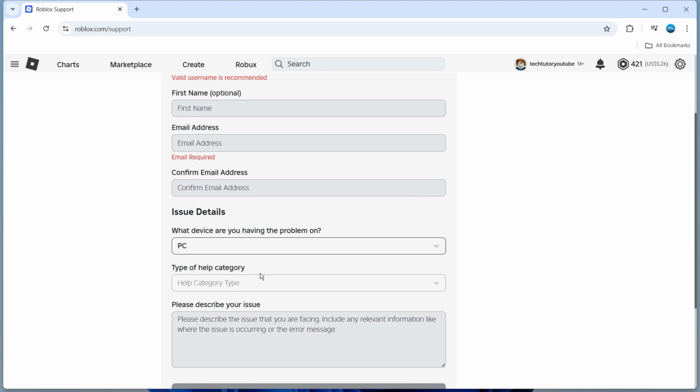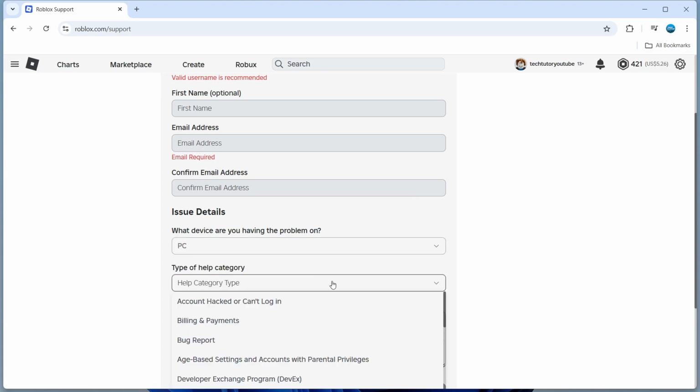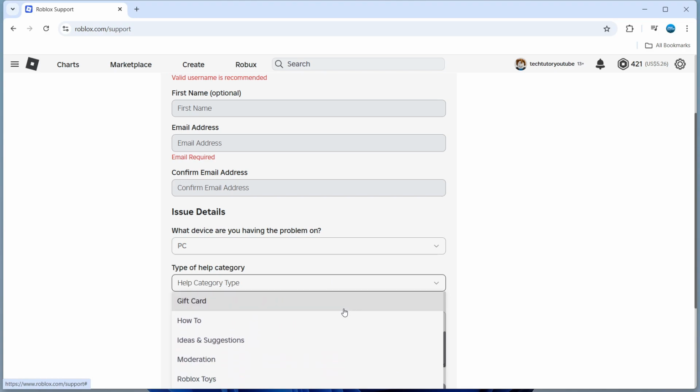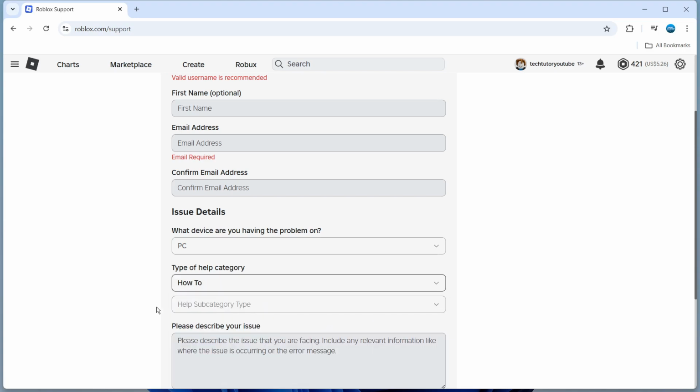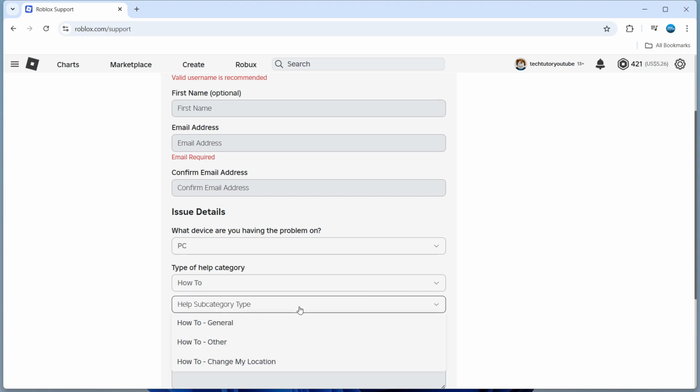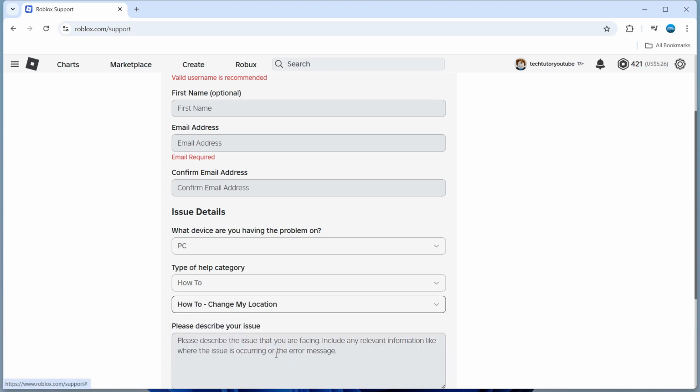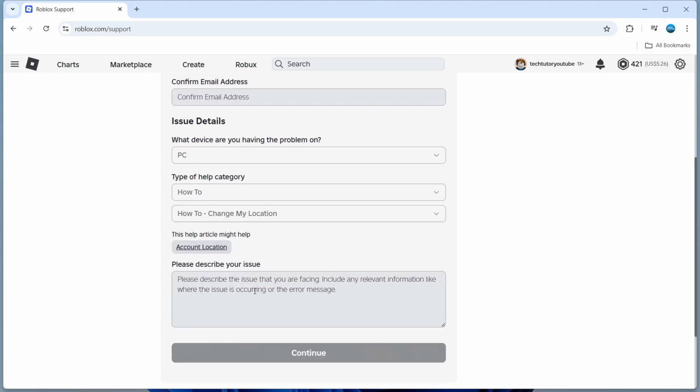Then come to the type of help category, give this a click, and look for the option which says how to, just down here. In the help subcategory, give that a click and change this to how to change my location. Then come down to the box where it says please describe your issue, and put something along the lines of that you've changed region or country and this needs to be updated